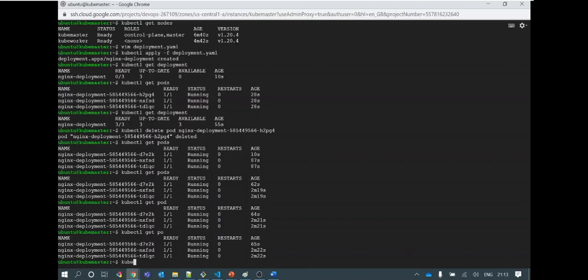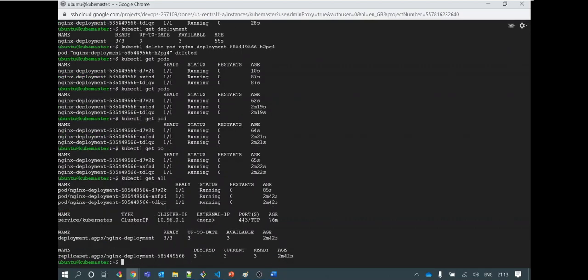What if you want to get the status of all the deployments, everything you did, not only deployment but pods, services, everything? You can just run kubectl get all and you will see whatever is available. This service I have not created. This is the service created by Kubernetes. I have not created any service yet in this tutorial, so this is a Kubernetes default service running inside the cluster.